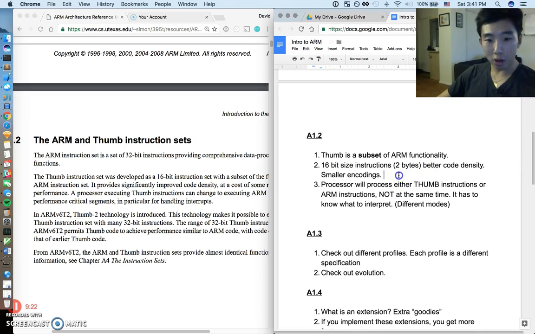Another important thing to note is that these instructions are very different. An ARM instruction is 32 bits, and a thumb instruction is 16 bits. So a processor can either process thumb instructions or ARM instructions, but not at the same time. A processor is kind of going in thumb mode, because you can't interlace these instructions and expect the processor to understand. If we're in thumb mode, we're expecting thumb instructions. If we're in ARM mode, we're expecting ARM